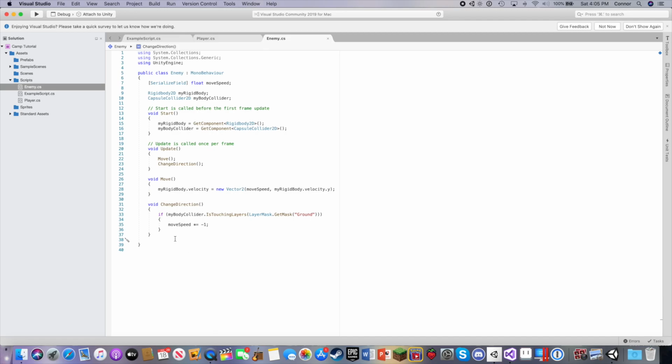So let's say, create a new function and just say void flip sprite, just like we had in the player. And then in here we'll say if, so we want to say if the move speed's negative, then we want it to be facing the left. So if move speed is less than 0, then we want to say that it's the transform.local scale. So we're going to say that transform.local scale down here equals a new